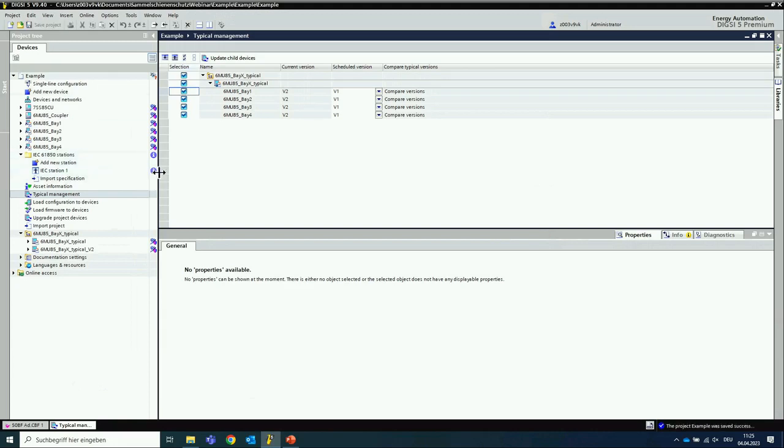And here you can see with this info symbol that the IC station is no longer up to date. I guess this was because by overwriting the settings of the child devices with the settings of our bay typical, I changed the IP addresses again, and of course this would affect the station. But if you see this symbol here for the